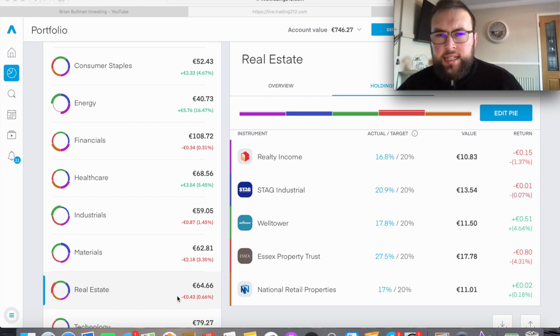But real estate is definitely one that I really enjoy and find very interesting. We have five here at the moment, down 0.66% overall, which again is pretty much break even, more or less. We have three in the red. Realty Income down 1.37%, which again is a monthly paying dividend stock. We then have Stag pretty much break even, and Essex Property Trust down 4.3%,